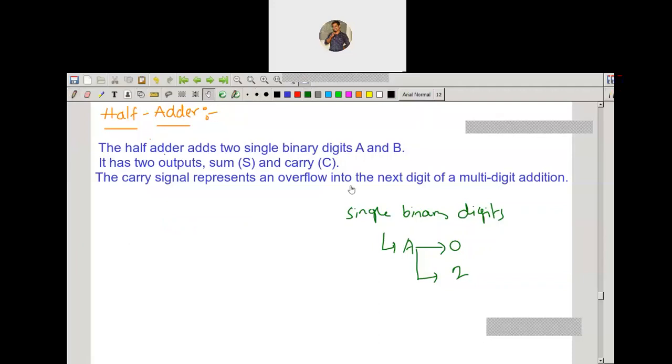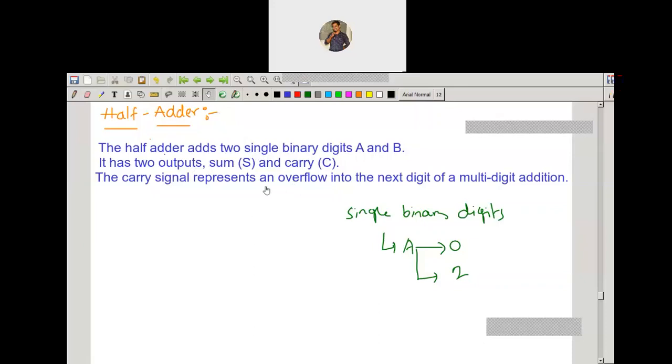If you're doing the addition of any numbers, what about the output? While you're doing the addition, you're going to have the output called sum as well as the carry, right? For example, if you're adding two numbers, you're going to get the sum as well as the carry.